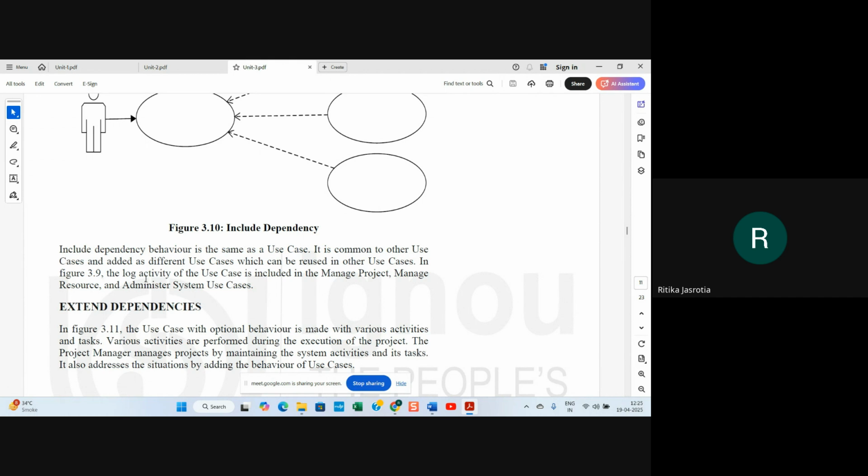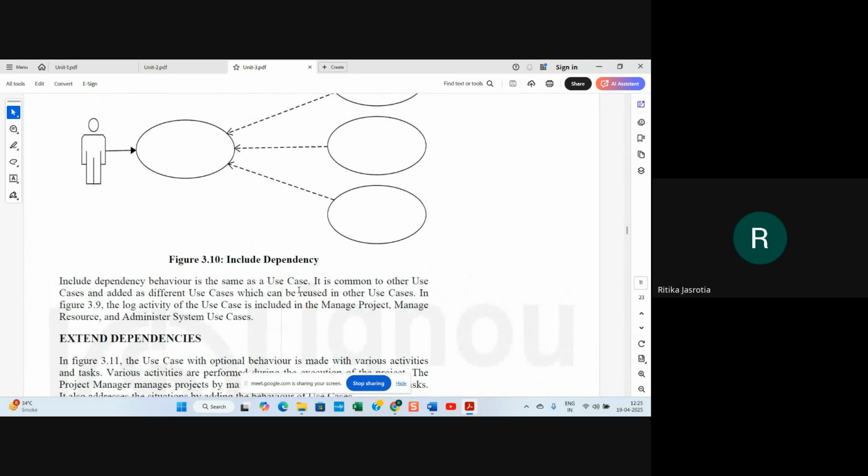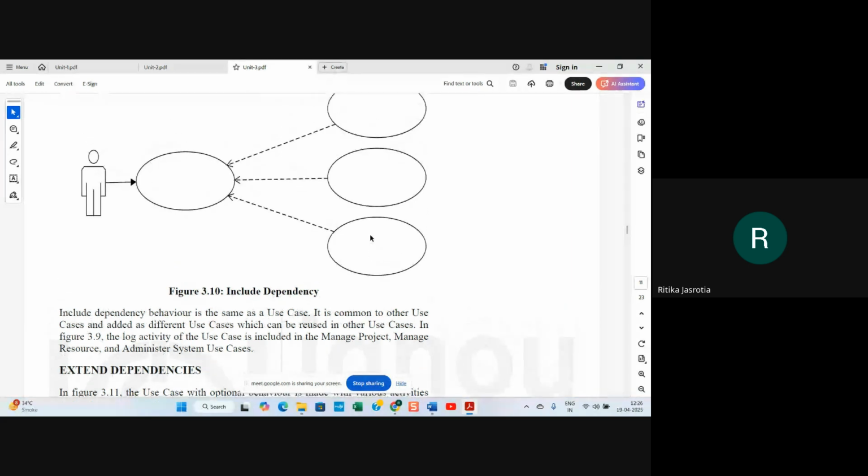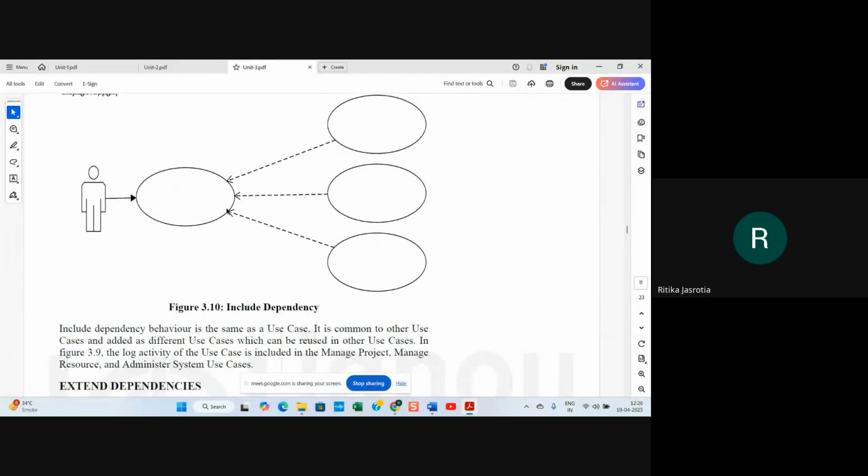So in figure 3.9, the log activity use case is included in the manage project, manage resource, and administrator system use cases. So here what they are saying is that the log activity use case is included in manage project, manage resource, and administrator system. In manage project, the log activity is included.